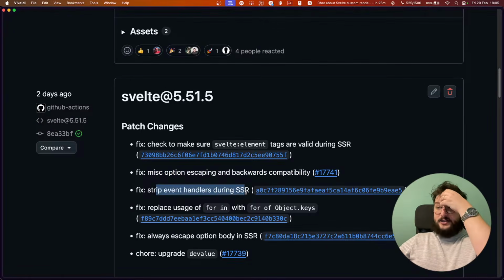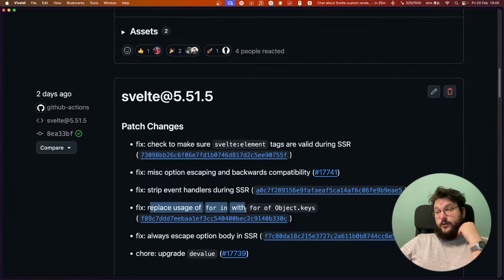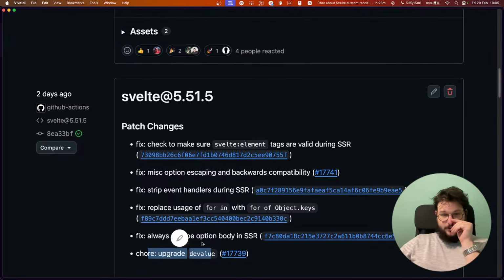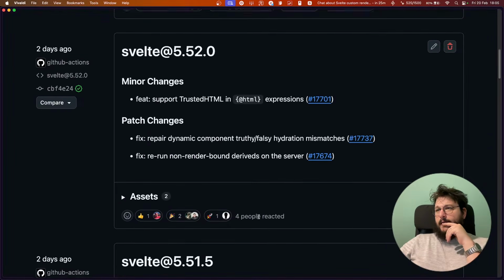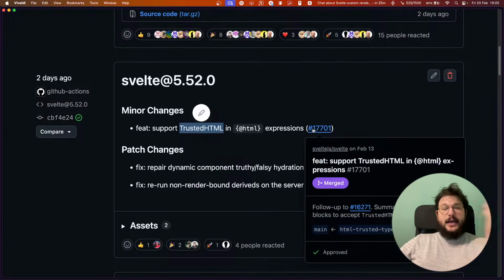Strip event handlers during SSR. I think it was another security vulnerability. I didn't follow this one. Replace usage of for in with for of object keys, and this was basically prototype pollution, and upgrade the value, which also had a security vulnerability. This is also pretty interesting now. We can now support trusted HTML in HTML expressions. So at HTML,